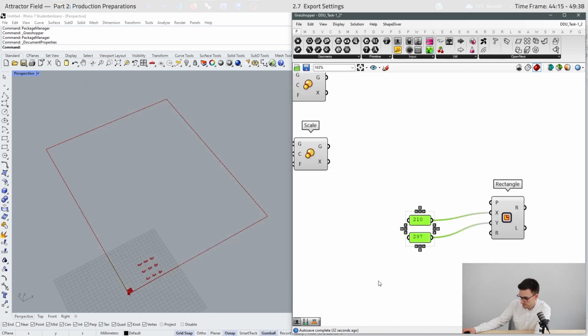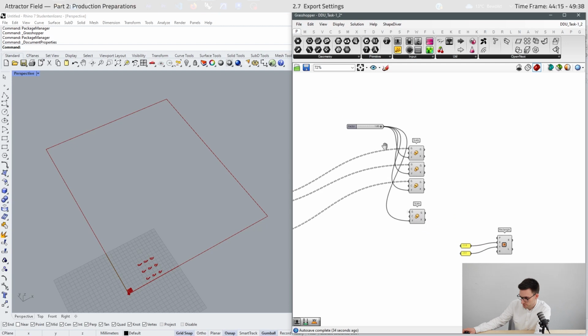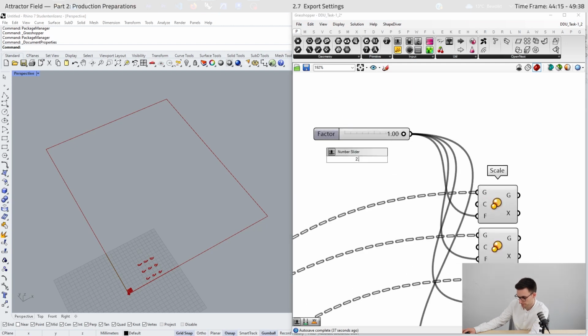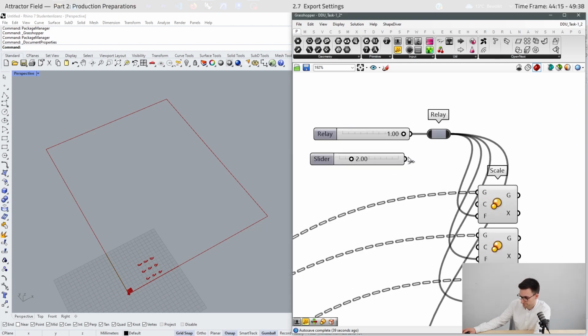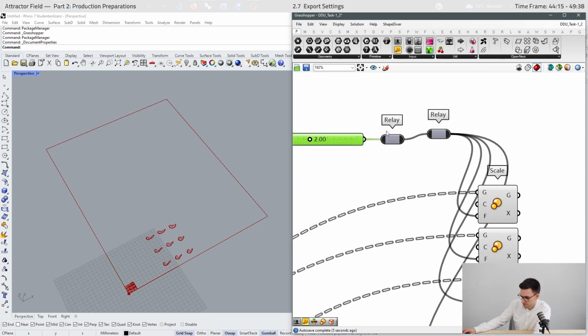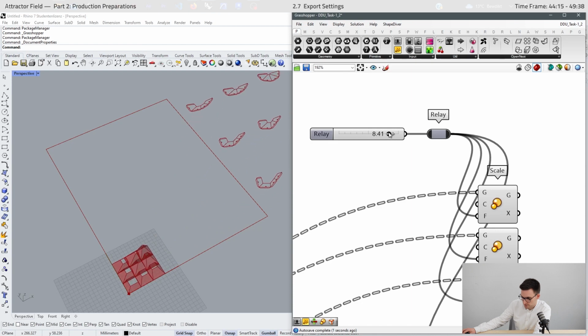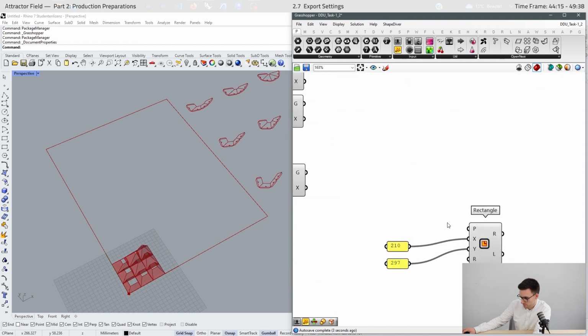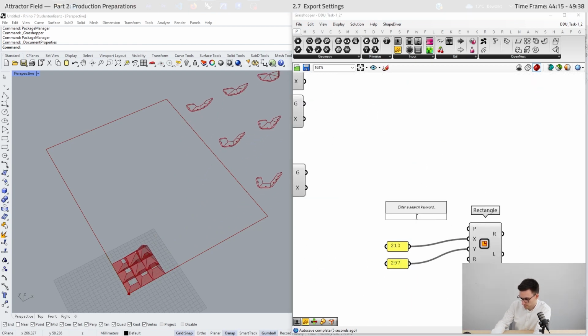So these values are in millimeters, and now we need to scale the geometry. I just double-clicked on the output to receive a relay. And now we can scale it, move, construct point.